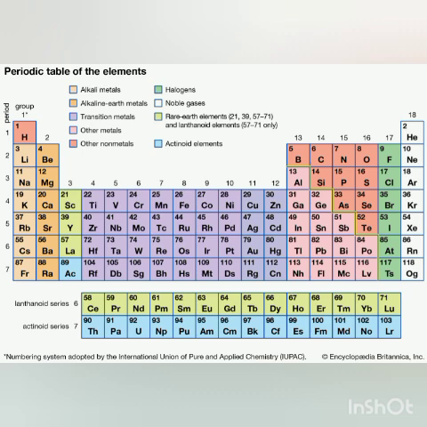Now you take the case of sodium. The atomic number of sodium is 11. So its electronic configuration will be 2, 8, 1: 2 electrons in the first shell, 8 electrons in the second shell, and the last 1 electron in the third shell. So here also the valence electron is 1. Potassium, you take the case of potassium. The atomic number is 19. So the electronic configuration will be 2, 8, 8, 1. So here the valence electrons are 1. So when you arrange the elements in the order of increasing atomic number, the elements belonging to the same group have the same valence electrons.